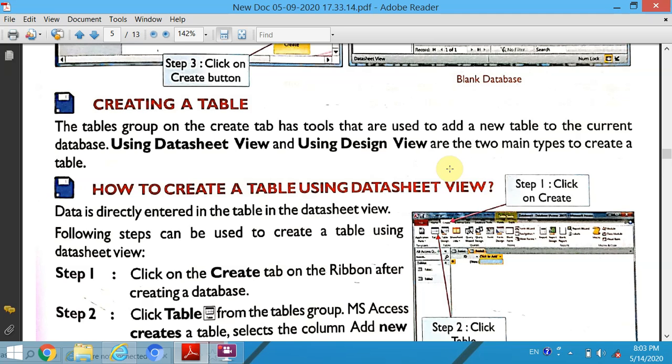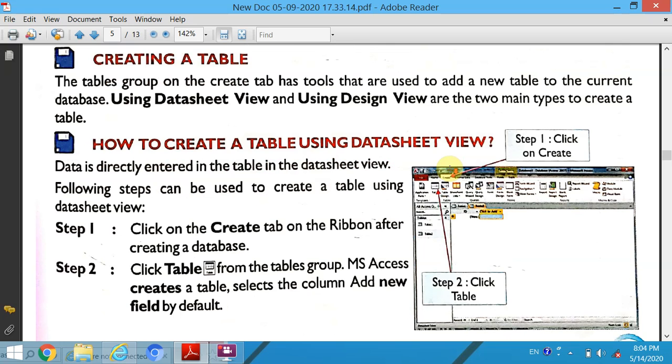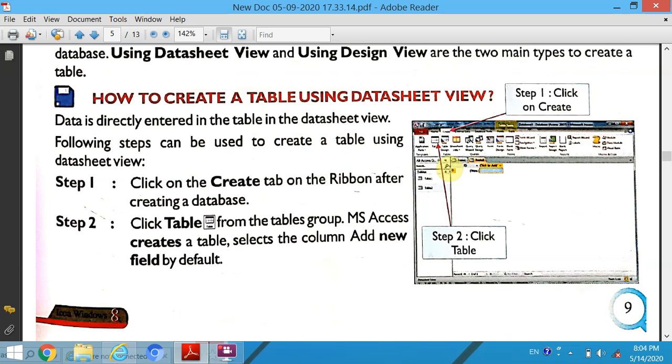Next, how to create a table using Datasheet view. Data are directly entered in the table.